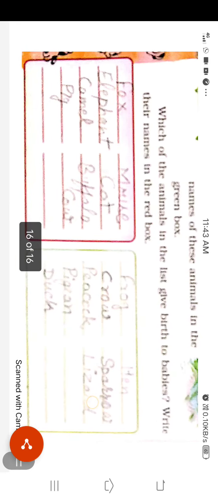So we have classified the animals here. The animals that give birth to babies are fox, elephant, camel, pig, mouse, cat, buffalo and cow. And the animals that lay eggs are frog, crow, peacock, pigeon, duck, hen, sparrow and lizard.